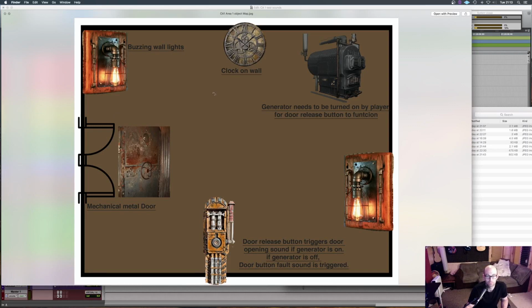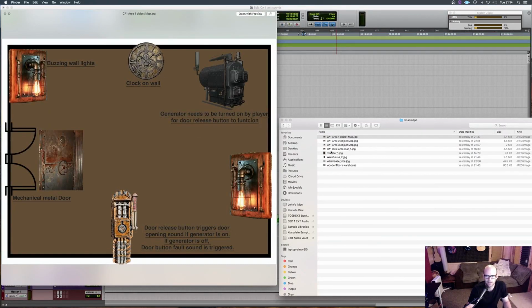A clock on the wall, just because it really creates a sense of time and urgency; you need to move on if there's a clock ticking in the room. So I needed to come up with a few ways to make all of that happen in area 1. When you got out of there into area 2,